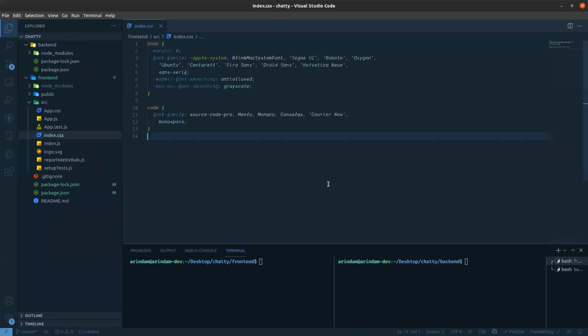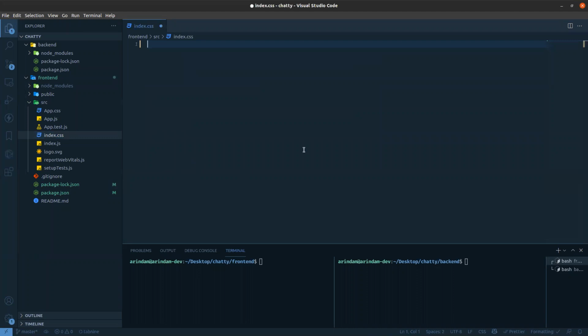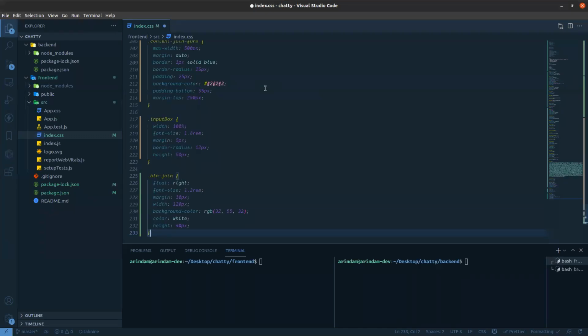Go to the index.css and remove those lines, those codes that are not necessary for us. I have already told we are not focusing on the CSS or HTML stuff. I have already provided the GitHub repo link in the description. Go to the GitHub link, you will get one zip. Unzip that, and you will get the frontend and backend folders. From the frontend folder, go to the index.css file and you will get the whole CSS. Copy it from there and paste it over here.